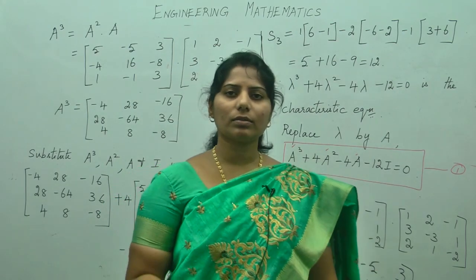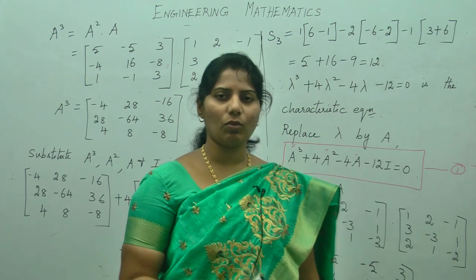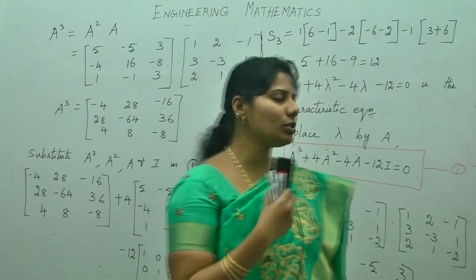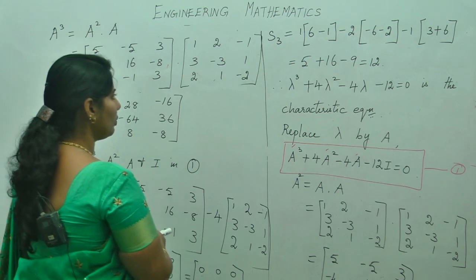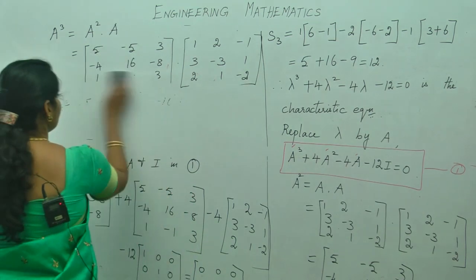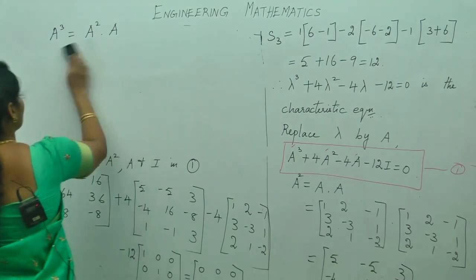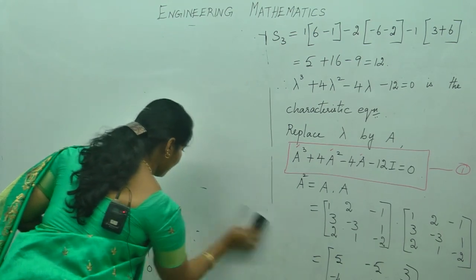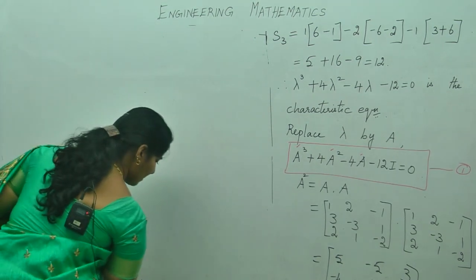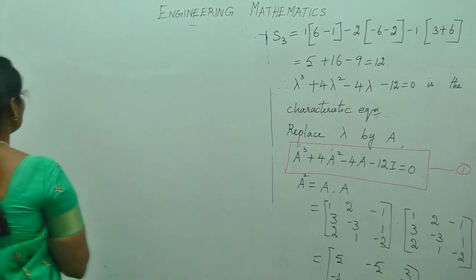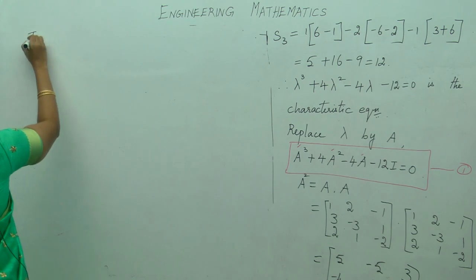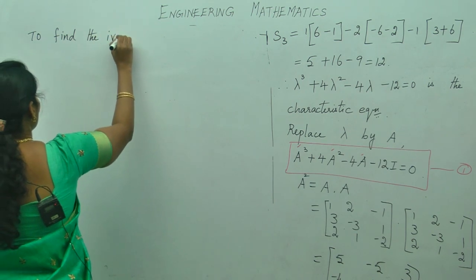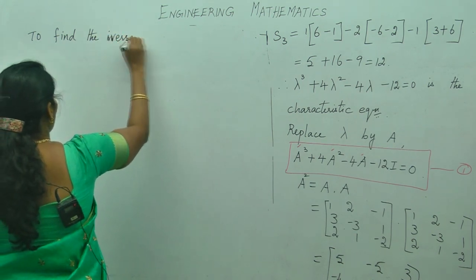What I have shown is the Cayley-Hamilton theorem verification. What was the question asked? Verify the Cayley-Hamilton theorem and also find the inverse of the given matrix. So, how will you find the inverse of the given matrix? So, to find the inverse of the matrix,